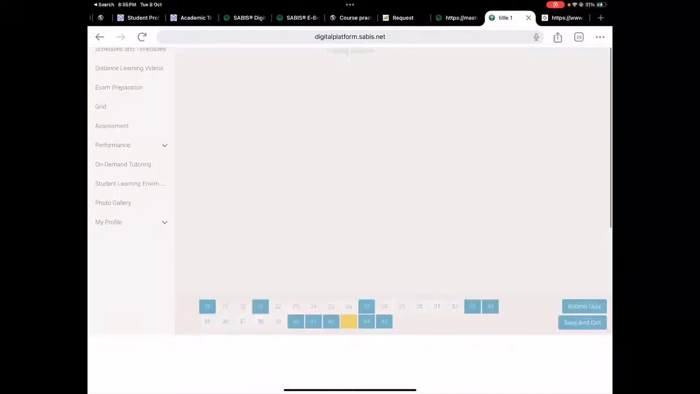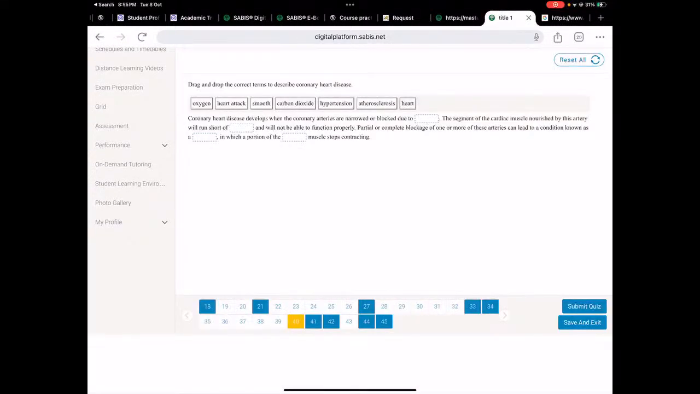Let's go back to 40 for you guys. Okay, coronary heart disease develops when the coronary arteries are narrowed or blocked due to, we said, atherosclerosis, okay? And the segment of the cardiac muscle nourished by this artery will run short of oxygen and will not be able to function properly. Partial or complete blockage can lead to a condition known as,